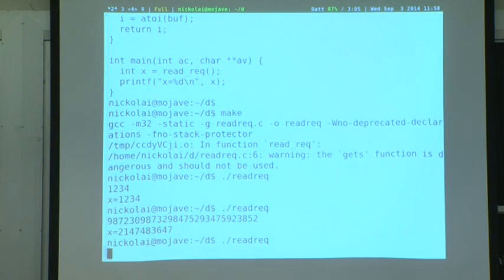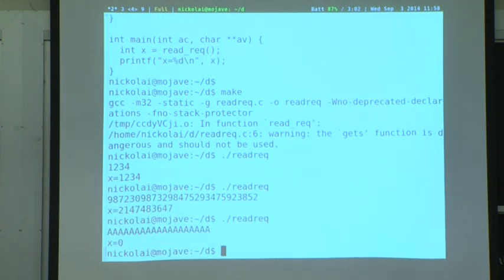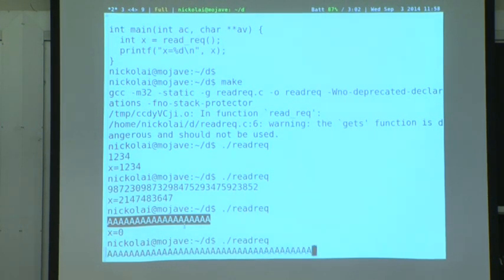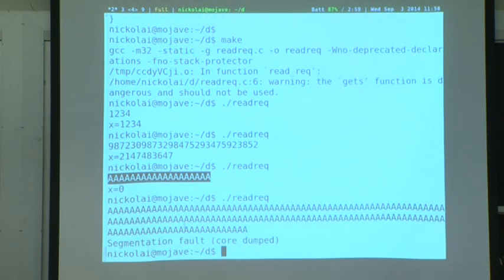But if we provide some really large input, we might get other problems. Suppose I provide a lot of bytes. If I just provide things that are not numbers, it prints 0. That's not so bad. But suppose I paste in a huge number of A's. Now the program crashes. Maybe not too surprising. If I send a bad request to a web server and it just doesn't send a reply, that would be fine.